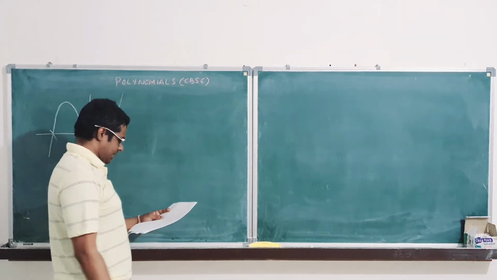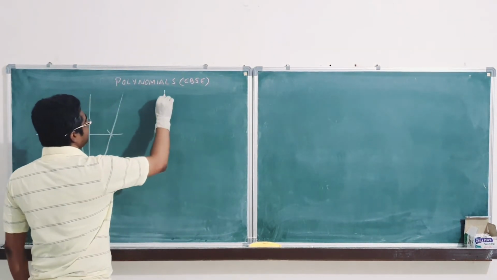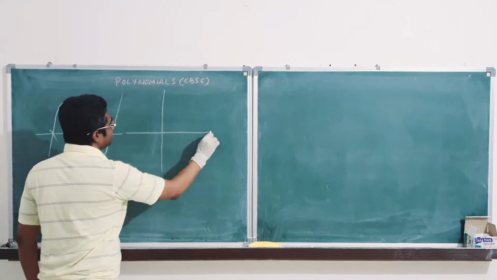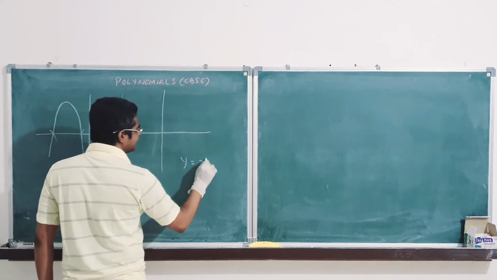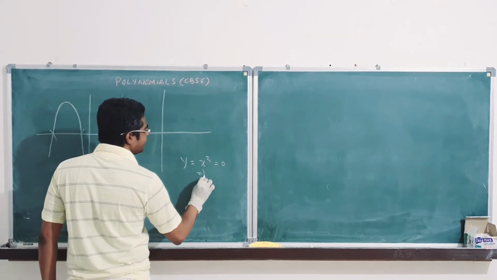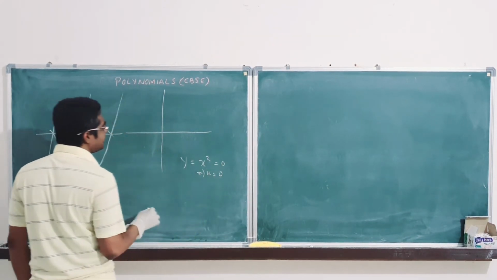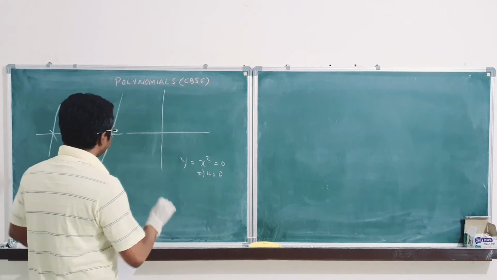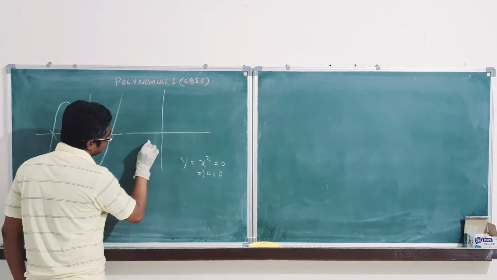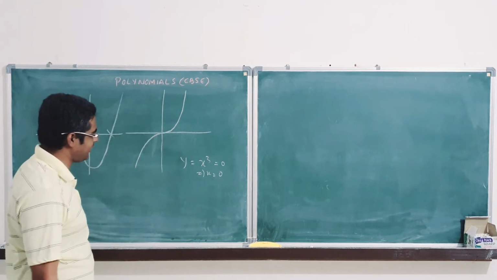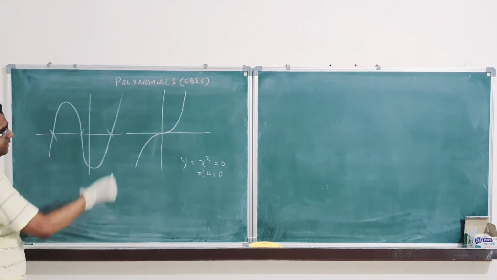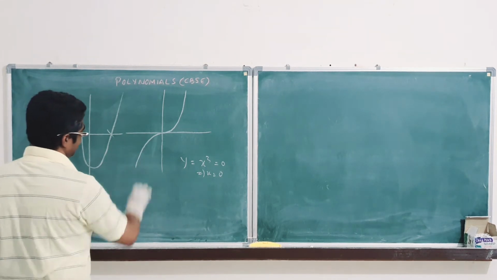Acha. In case of a cubic polynomial, is it possible to have just 1 root? Yes, it is possible. Suppose there is a curve y is equal to x cube. So if x cube is 0, then x will be 0. So that is only one possibility. So that is also possible, that it will be a curve like this, touching and going out. Just 1 time it will touch. Okay? That's it. 0, 0. You can see the 0, 0 point.